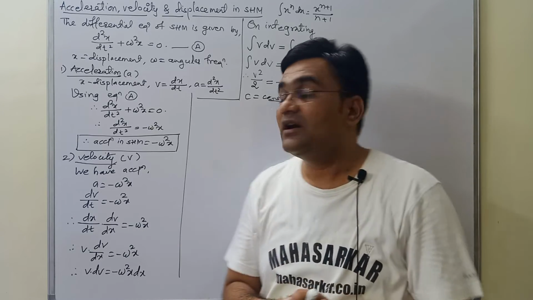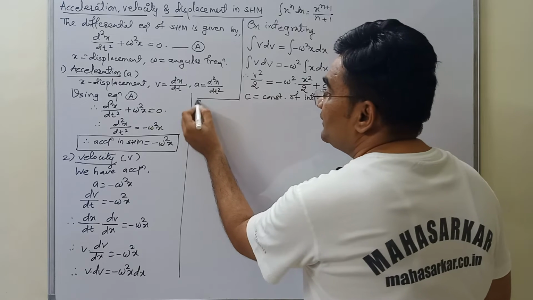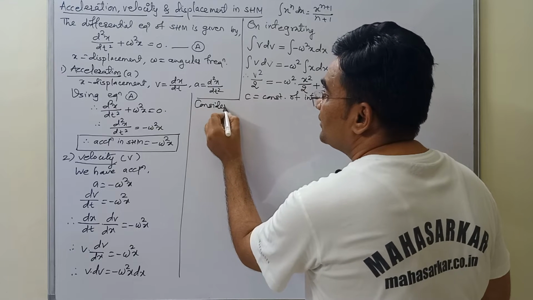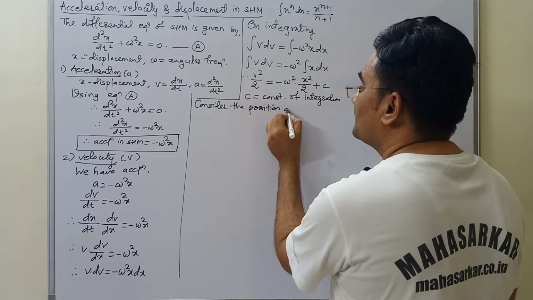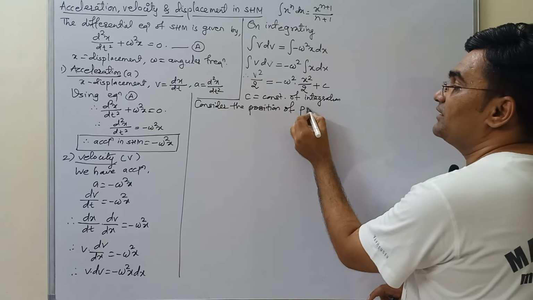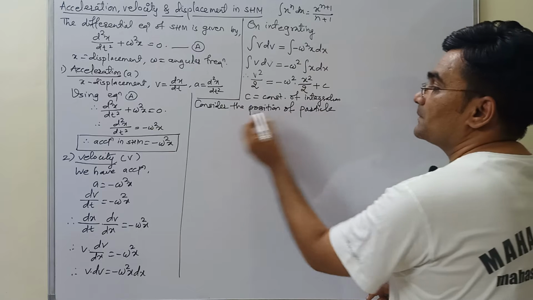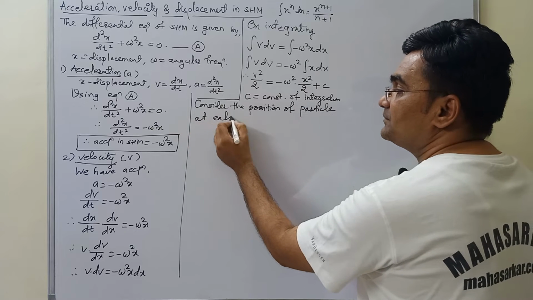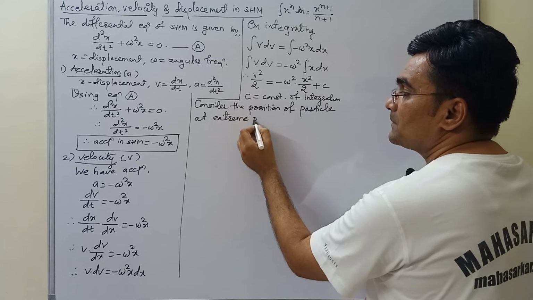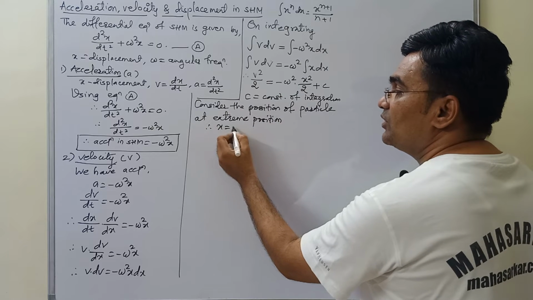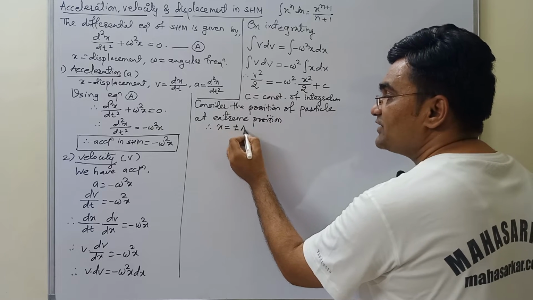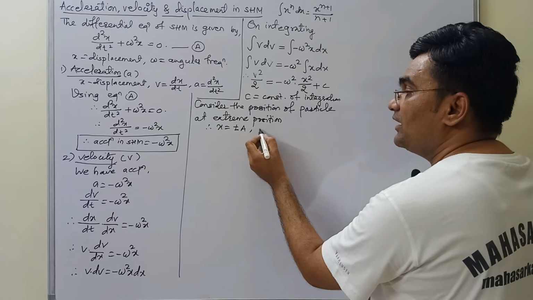In other words, if I consider the position of the particle at the extreme position, therefore I will say x equal to plus or minus a, where a is the amplitude, and v equal to